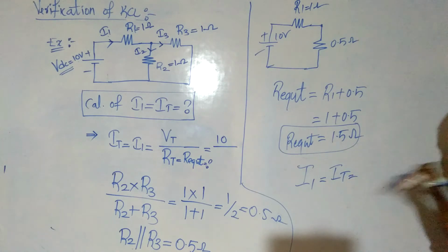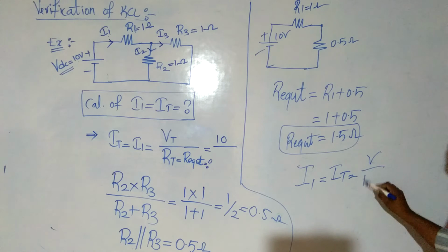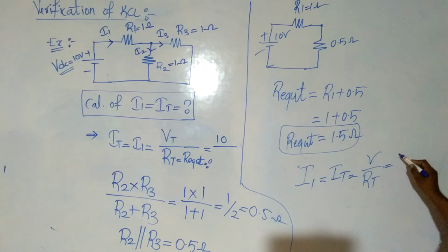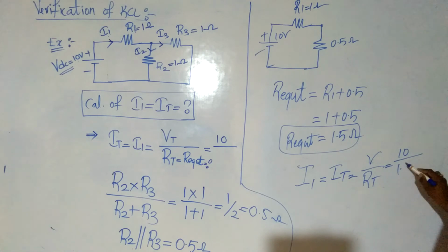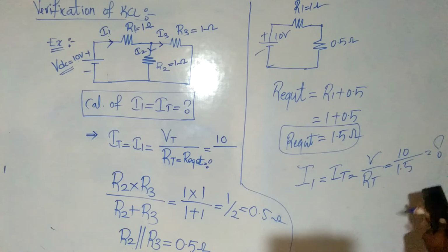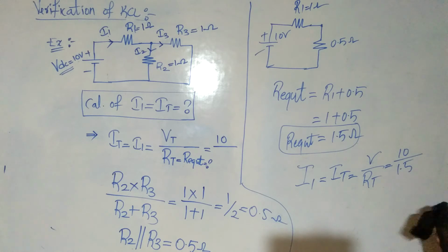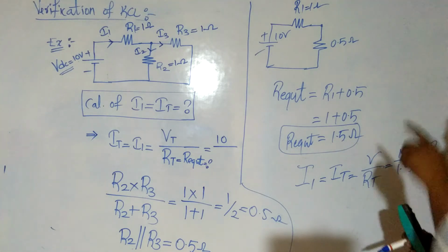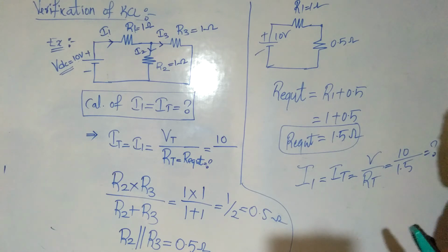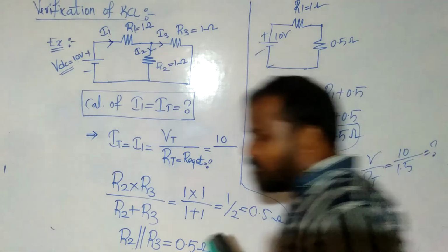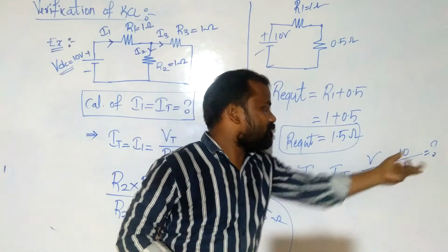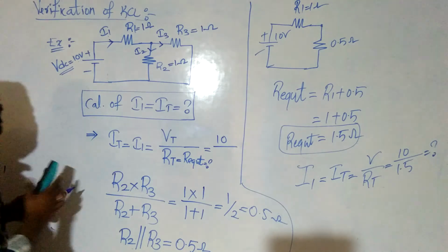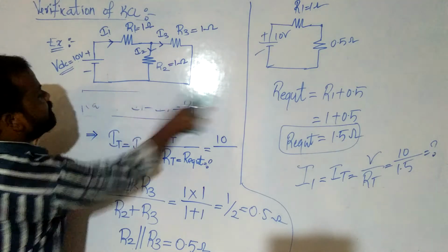I1 is equal to, or IT is equal to V divided by R total. That is equal to V, how much? 10, divided by RT, how much? 1.5. By solving this, you will get the value of the total current. So this is the procedure to find the total current from the circuit. Clear? So 10 divided by 1.5 will give the value of I1. Clear? Now the next step is,